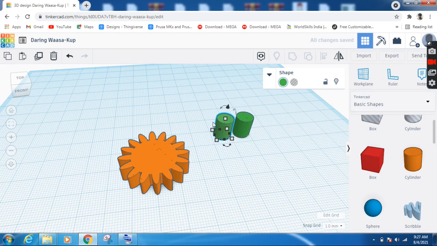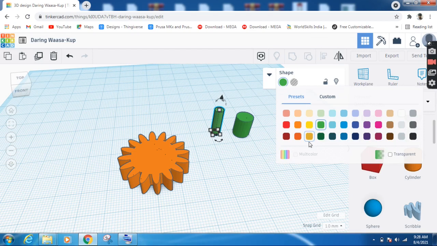Now I'm going to change this one's diameter into 4. Okay, 4 mm. So I'm going to put 4 mm here. And I will keep the height a little bigger than this one. So let me click here and I'll put like 13 or 14. Okay, 14 mm. I will keep 14 mm. Now I'm going to change this color. Let me change the color of this.